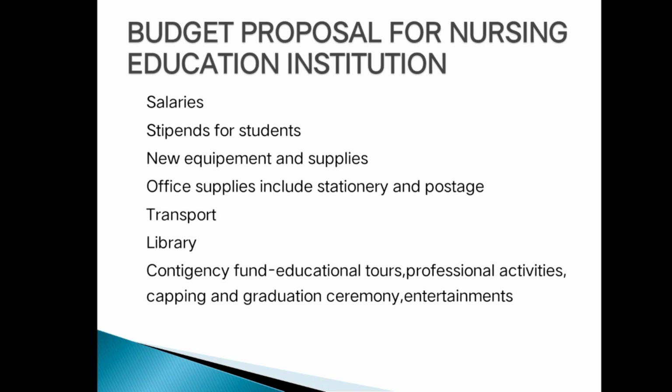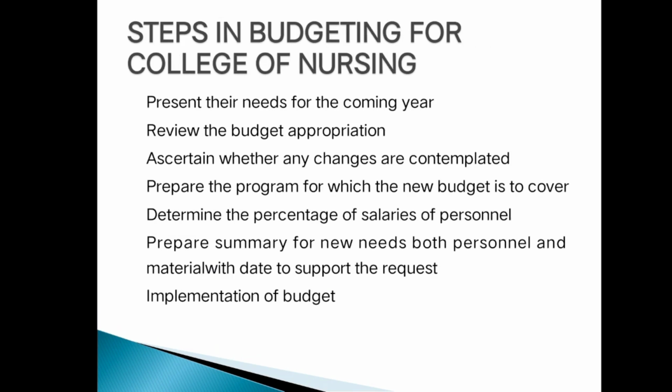Next is contingency, that is funds for educational tours and professional activities. For example, if a college is planning to celebrate, say, breastfeeding week, or a deworming program, or a vitamin prophylaxis program, when it is being collaborated with the government, for those purposes, even for celebrating the health days, we plan the budget. And also if the college is taking the students for educational tours, yearly they will be taking the faculties and the students for the educational tour. For that purpose also the educational institution will plan the budget.